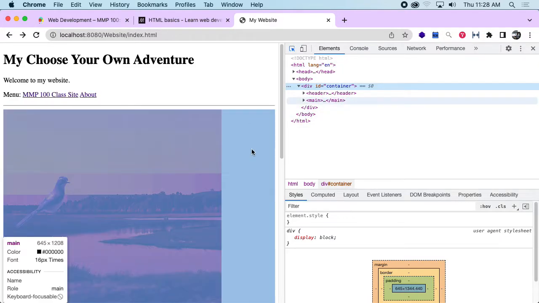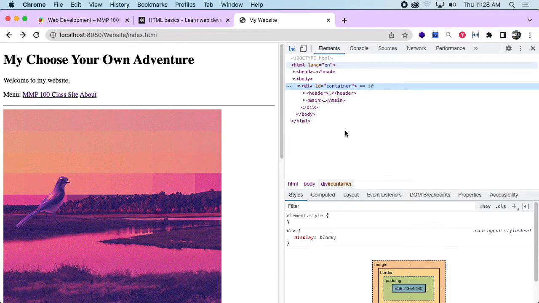Okay, so now we're going to add some CSS. Let's pause for a second, make sure everybody is up to date with that. I'm going to stop the recording because I want